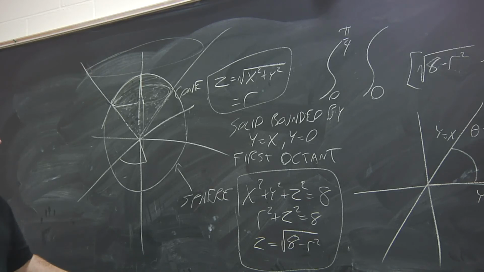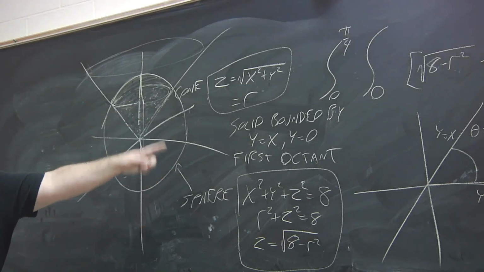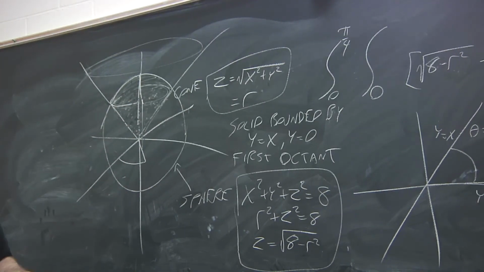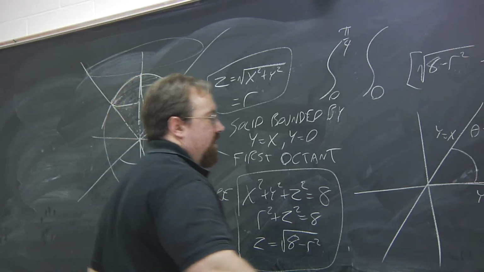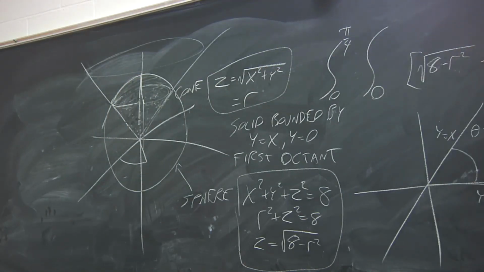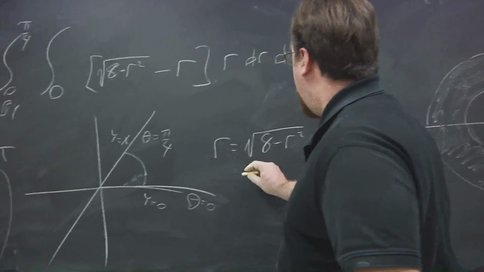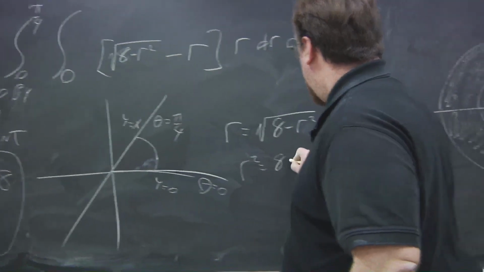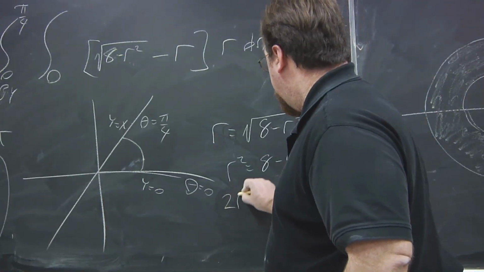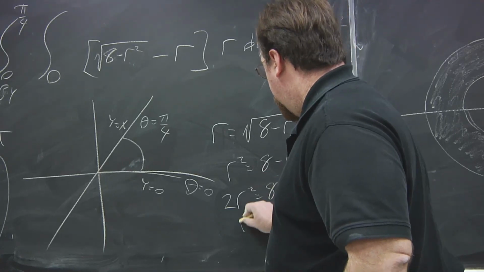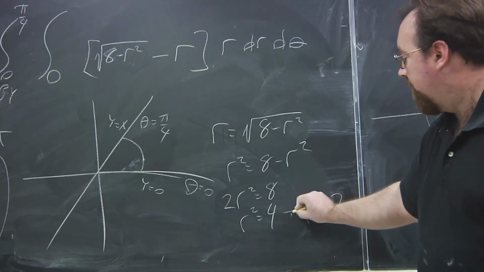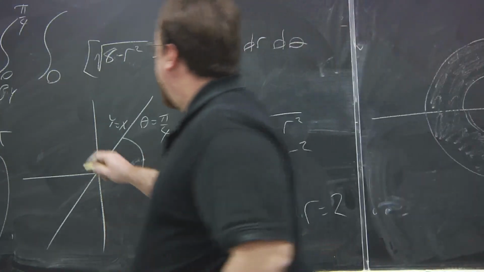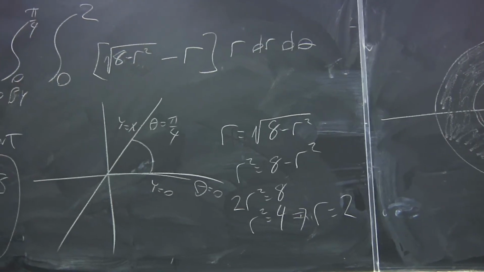So what we can do is find out at what r these surfaces intersect. We'll see when they're equal to each other. So we have r is equal to the square root of 8 minus r squared. Square both sides. So now we have 2r squared is equal to 8. So r is equal to 2. So right here,